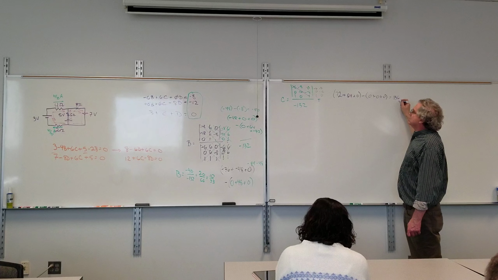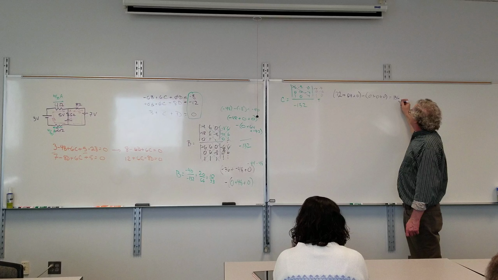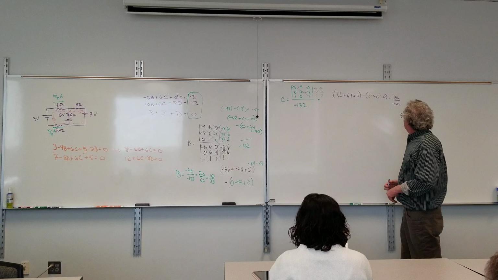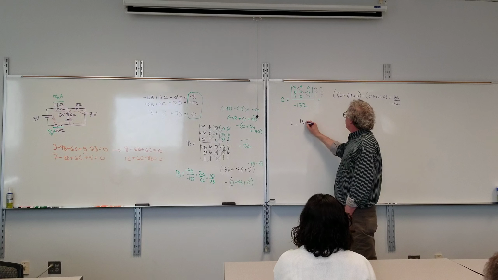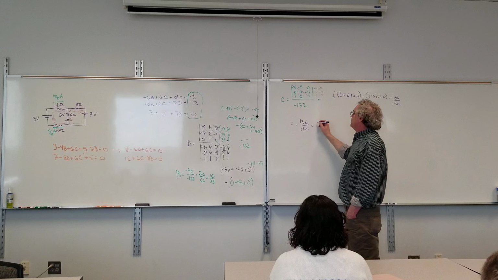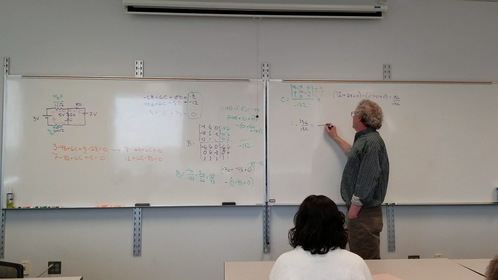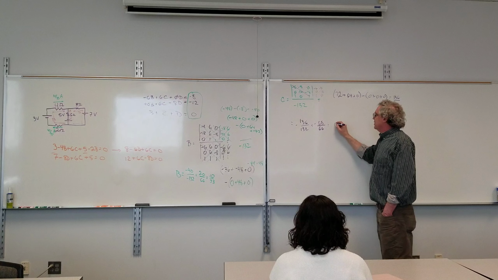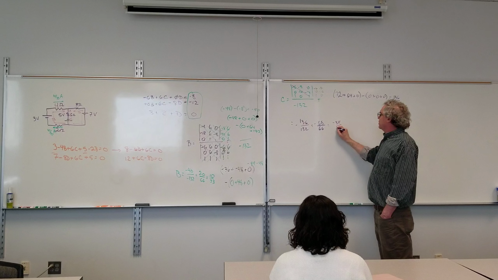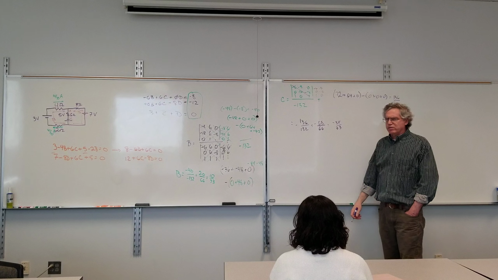So the numerator is negative 136 over negative 132. So C is negative 136 over 132, which would be, if that's 66, that's 68, negative 68, 66, negative 34, 33, 33rds,